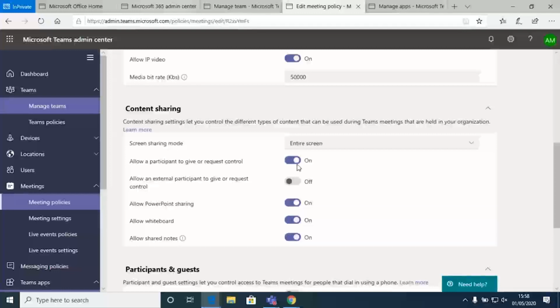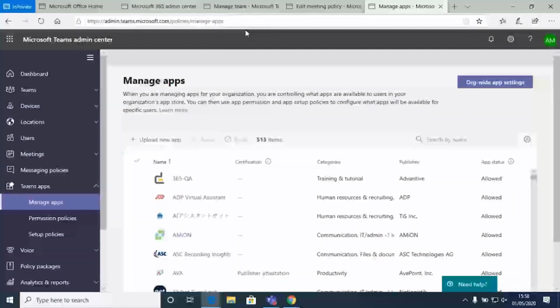They're dealing with particular sensitive information and other very, very granular level controls. And the final series of settings that I'll take you through is the apps. You saw when Mike was talking about this huge, vast catalogue, in fact, there's 513 different apps that plug into Teams. And that's great. It makes it really flexible and able to fit the environment that you're working in and really provide for the needs of your users.